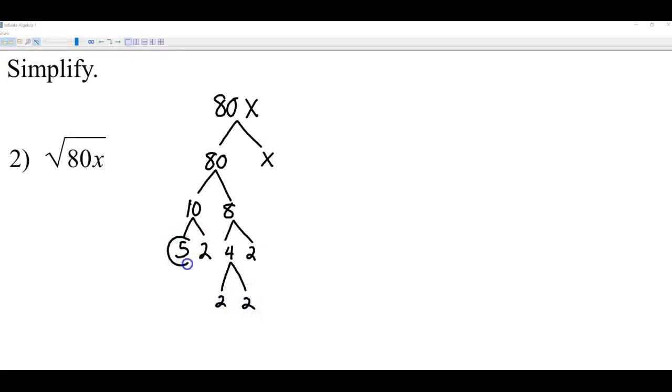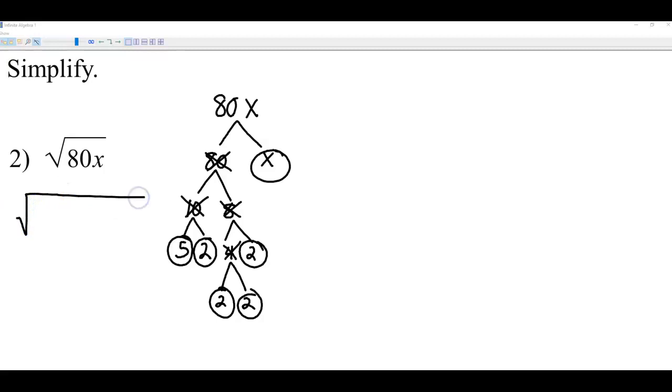Now, what I'm left with here at the end of every branch are prime numbers. You just kind of keep breaking it down till you get to all the primes. We're not going to include these ones because these got split up into other numbers. But we keep the ones that are at the ends of the tree branches. And so we have here a 5, 4 2s,